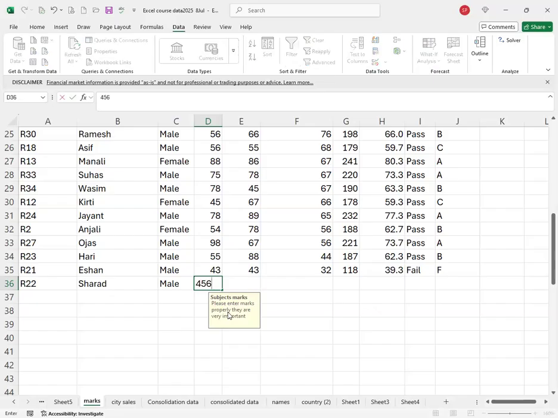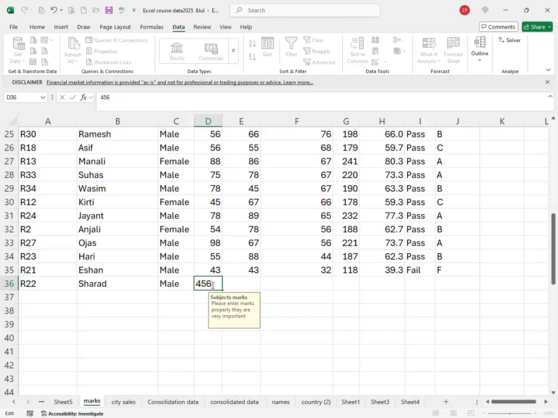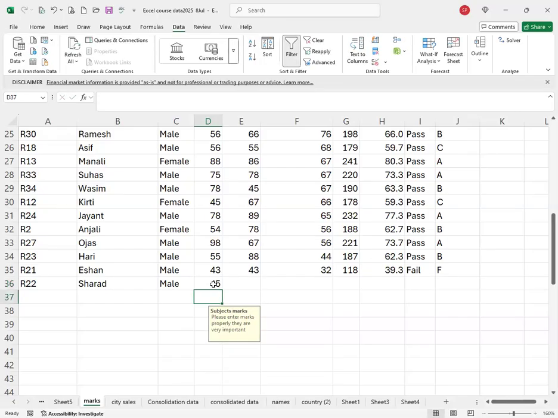So now there is an entry and you did a wrong entry. What happened? See, please enter data between 0 to 100 only. Okay, there's a mistake from my end. I can retry it. If I don't do it, I can cancel it and it is gone again. I have to enter the right data and only then go forward. Right? Useful? I know it is a lengthy process, but once you do this, you are ensuring that the data